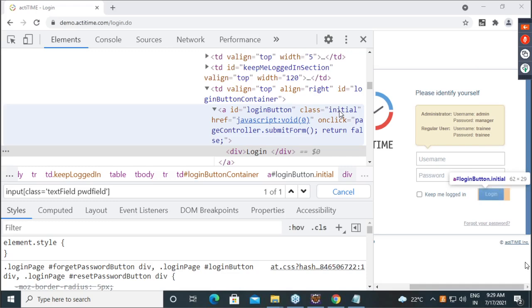We can mix ID and class together. Same CSS selector if I give here.